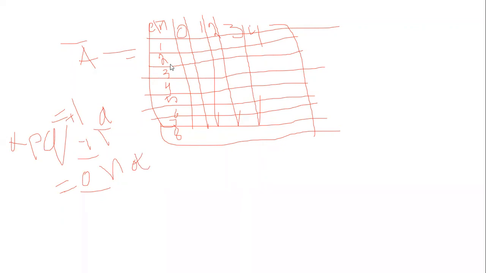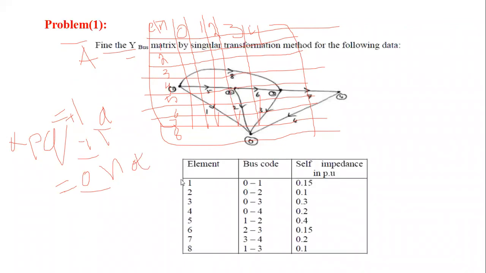When we observe the graph, first coming to element 1, this is the P and this is the Q. The pth element is away from the